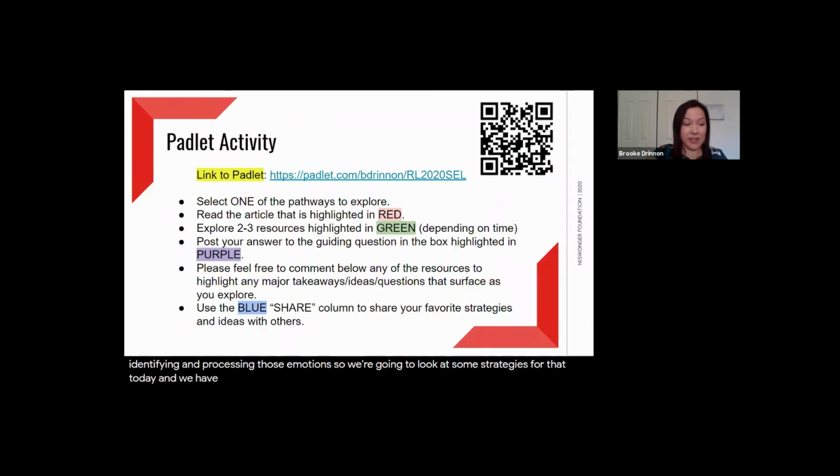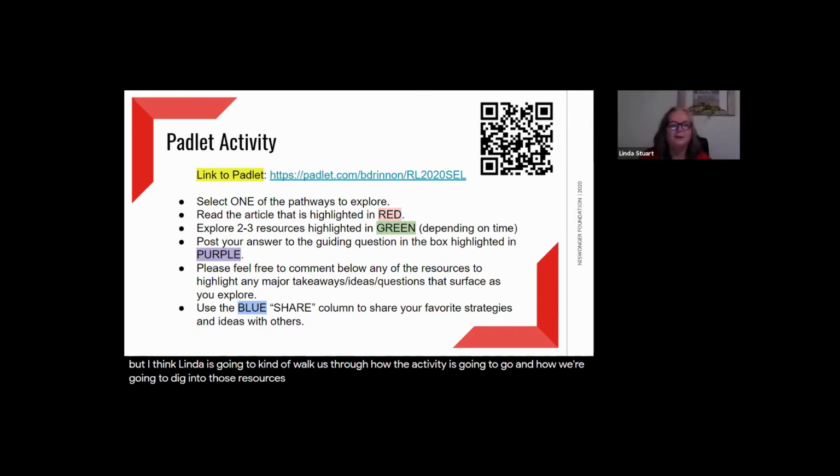And we have a really brief amount of time today, about 30 minutes, and then we're going to spend some time afterward debriefing and talking in more detail if you guys want to stick around. But I think Linda is going to kind of walk us through how the activity is going to go and how we're going to dig into those resources.